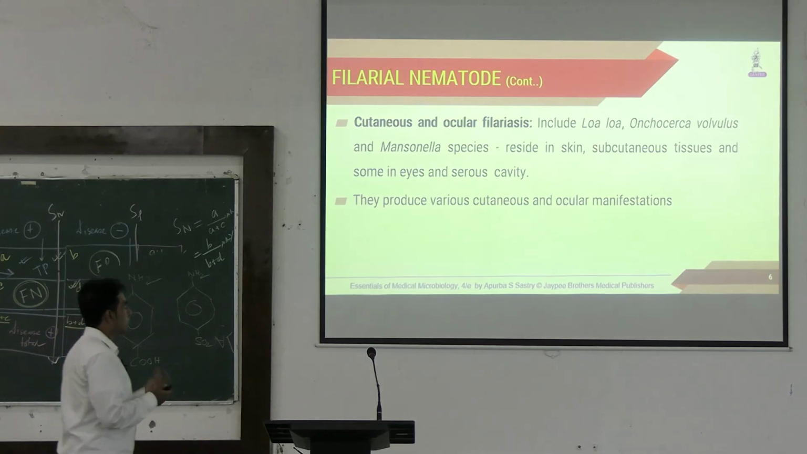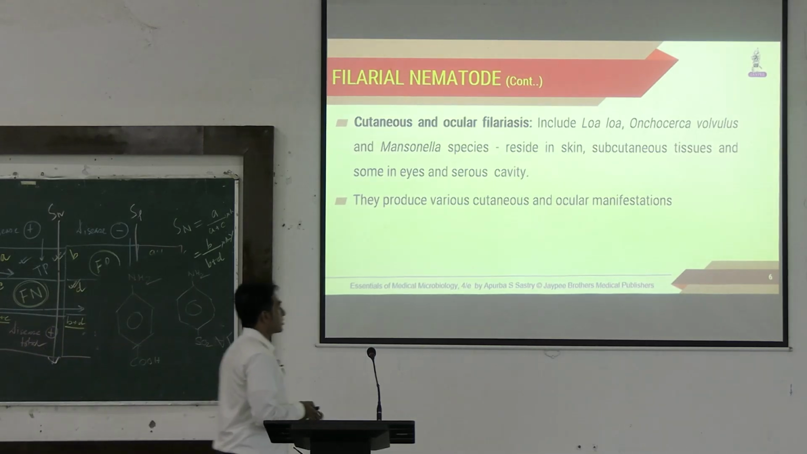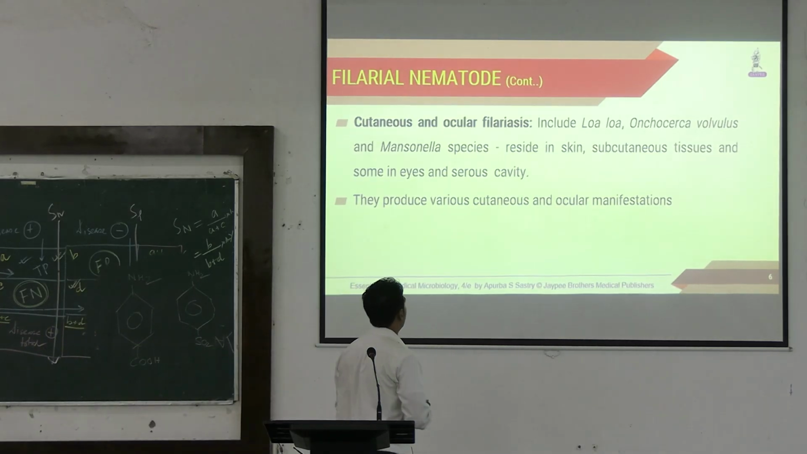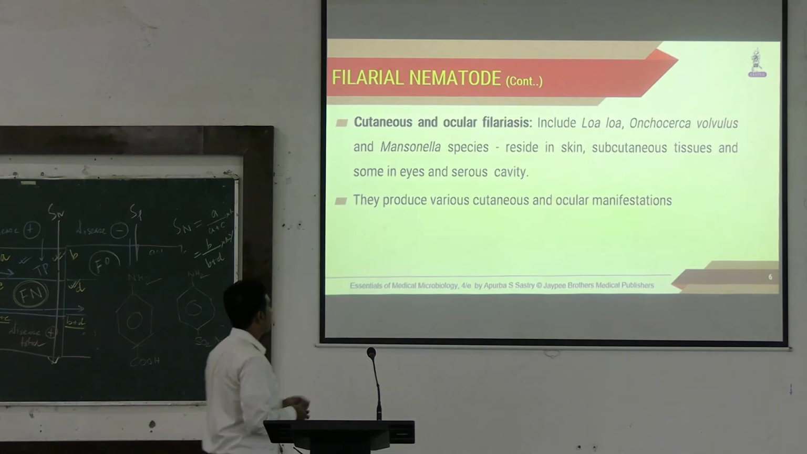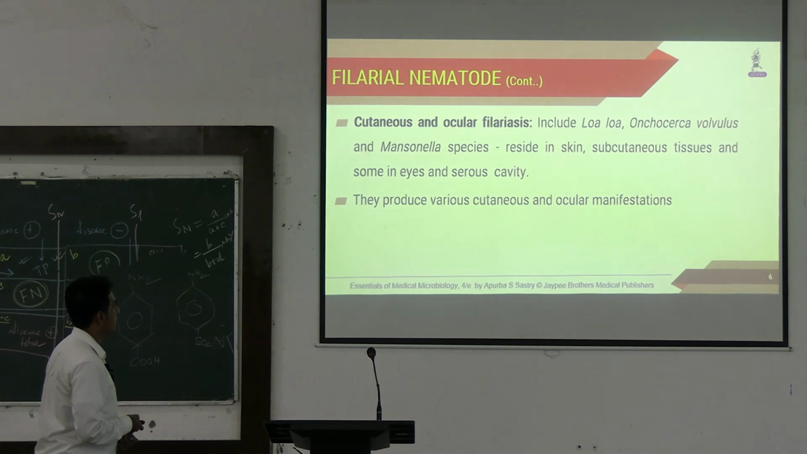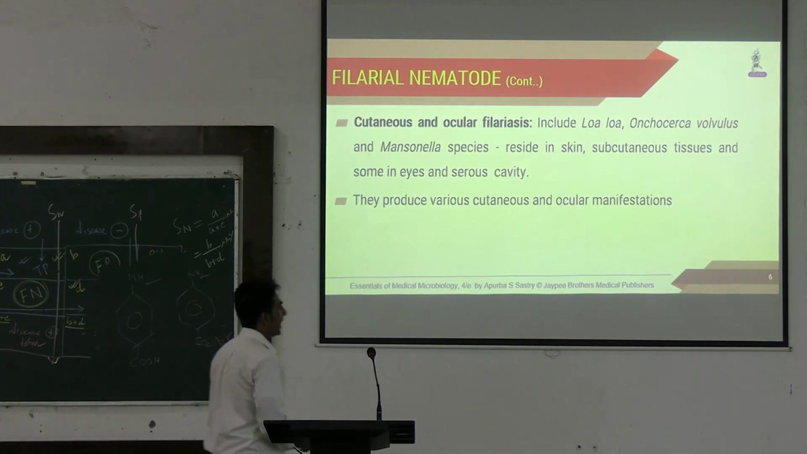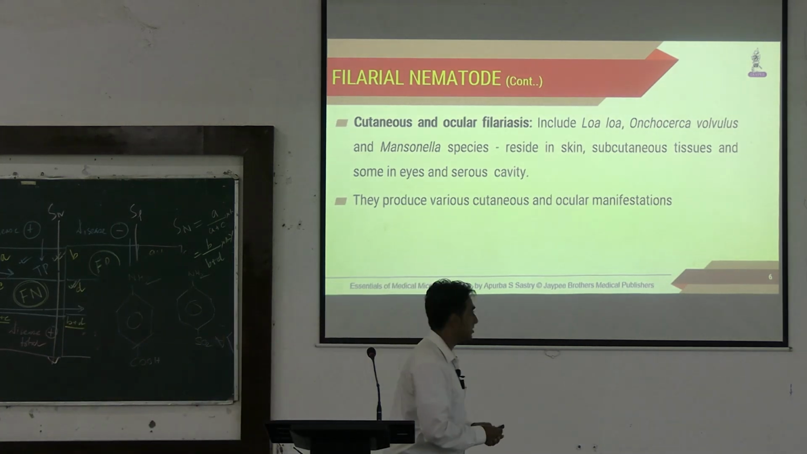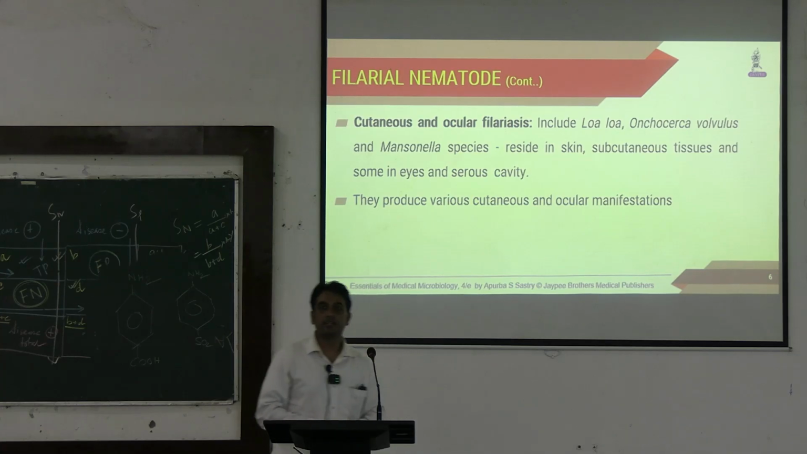The cutaneous and ocular filariasis are caused by Loa, Onchocerca volvulus and Mansonella species. They reside in the skin, subcutaneous tissues and some in the eyes and the serous cavities of the body, and they produce various cutaneous and ocular manifestations. So what are the cutaneous and ocular